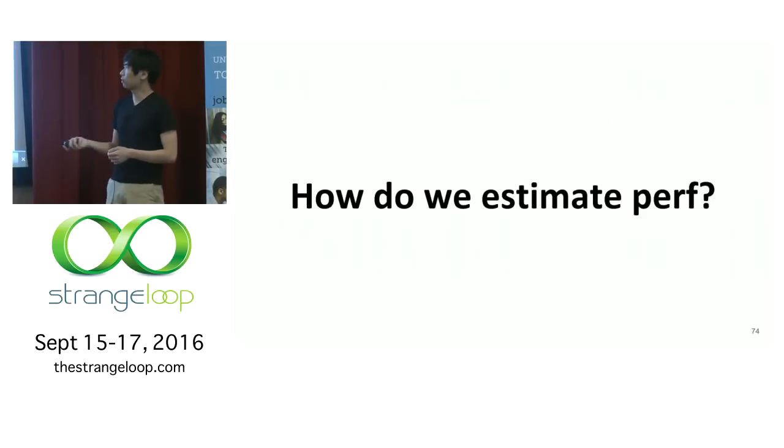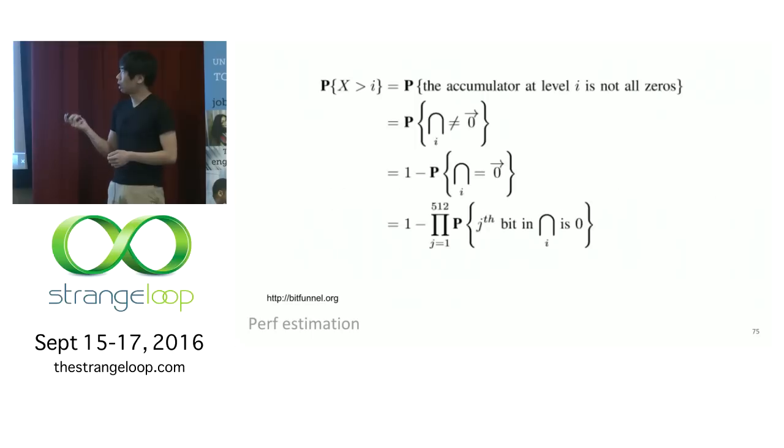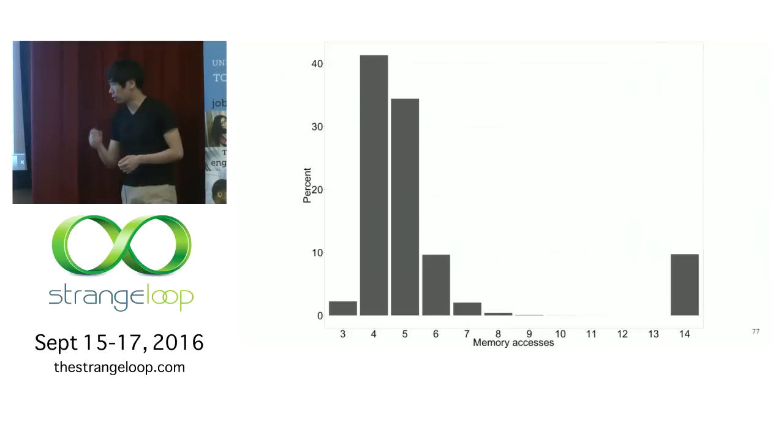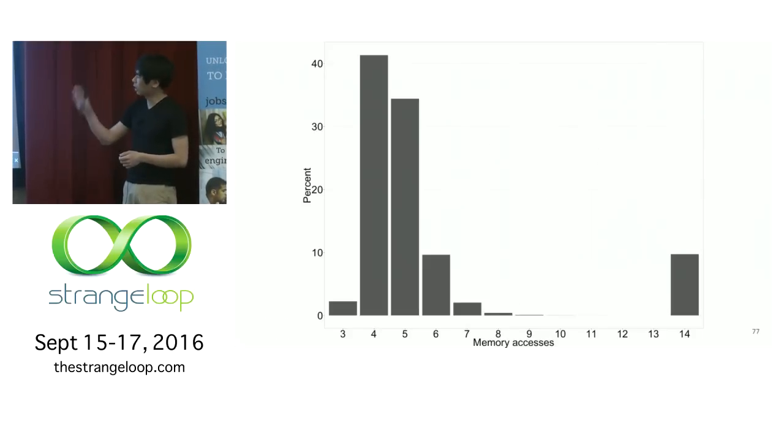Well, then there's the question of how many memory accesses we have to do per block. One thing we can do is work through the math for this. I'm not going to do this today, but this is actually a straightforward application of probability. It is possible to get a closed form formula for this. Something else we can do, if you don't like math, is run a simulation. This is from 20 lines of code.